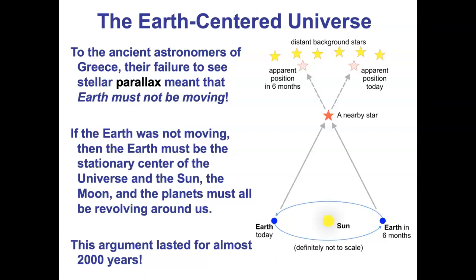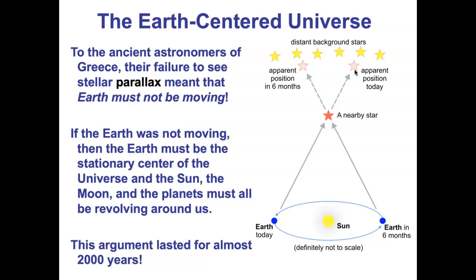And they thought, well, if the Earth is moving, then we should see the parallax of stars. If the Earth is moving through space, then all we've got to do is watch some stars, and if those stars move back and forth with parallax, then we'll know the Earth is moving, and if the Earth is moving, then we'll know the Earth is going around the sun, and not vice versa. And then they ran this experiment. They watched the stars, and they saw no parallax.